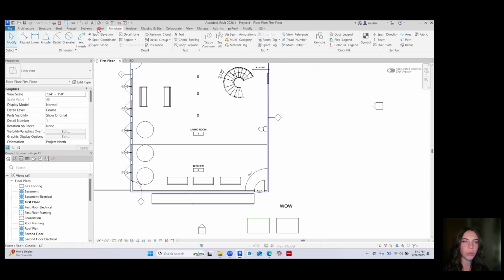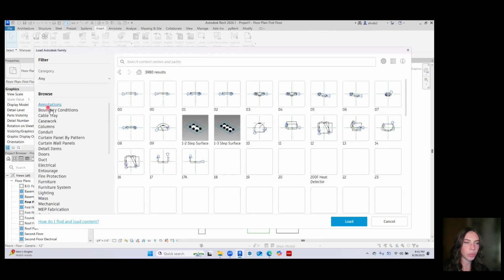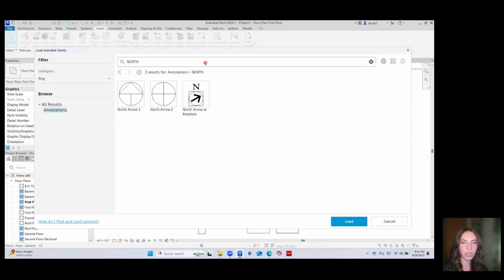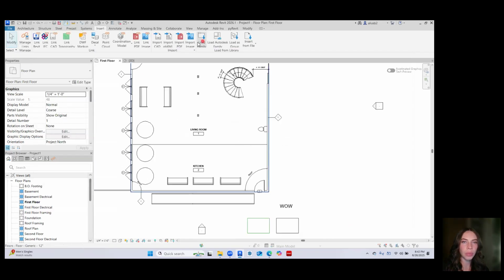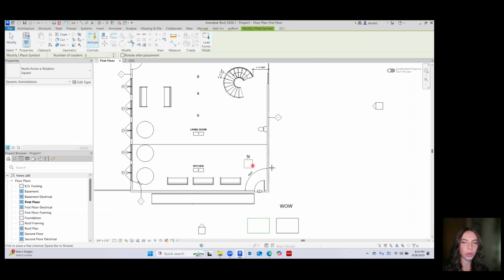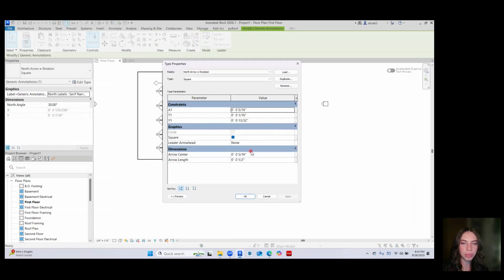So this is where if we were to go back to insert and load Autodesk Family, and if we go back to annotations, if I search for north, it will give me a few options for a north arrow, and then I'll just select one and load it in, and that will be found in Annotate and Symbol, and it will show me my north arrow. So then I can select that, and if I want it to point up, I can just select the icon, go to Edit Type,